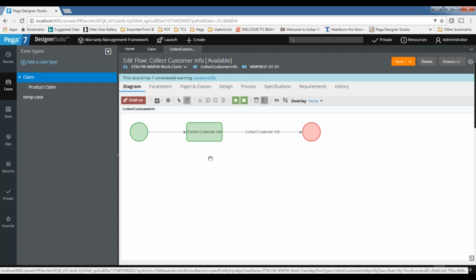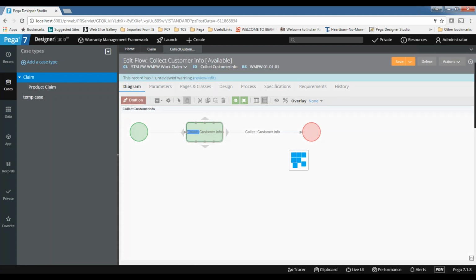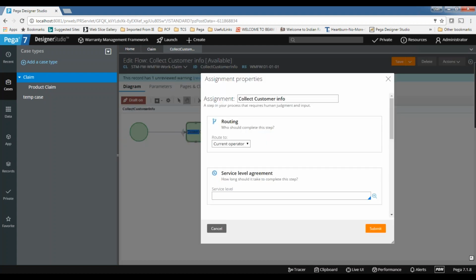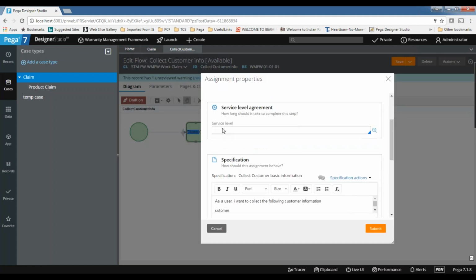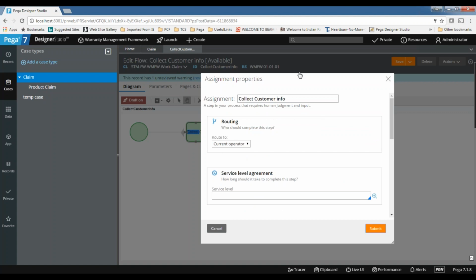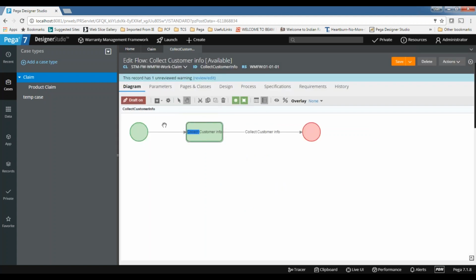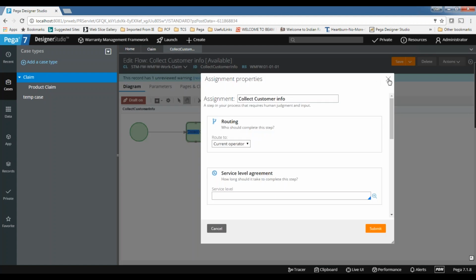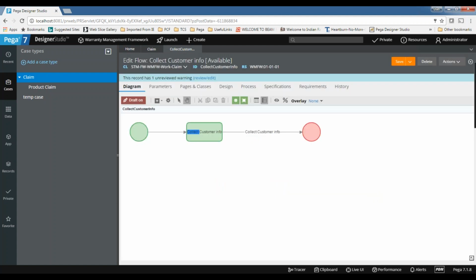And one more thing is, as I said, in the standard flow, the assignment shape will act as an assignment shape, and the flow action is the connector here. But in the screen flows, this routing is not available in the assignment shape. So the assignment shape itself acts as a flow action. When you open the assignment shape in the screen flows, you will actually see the flow action configuration.